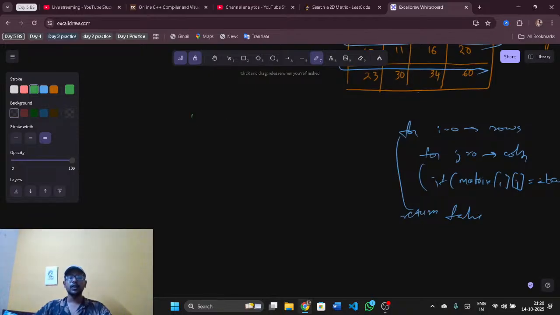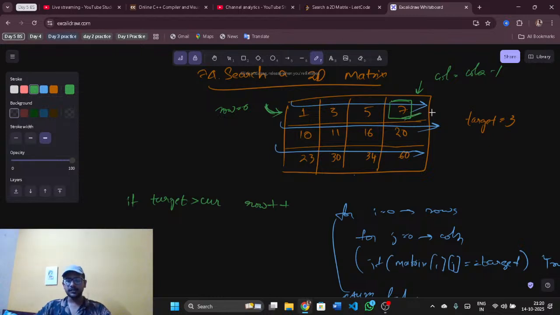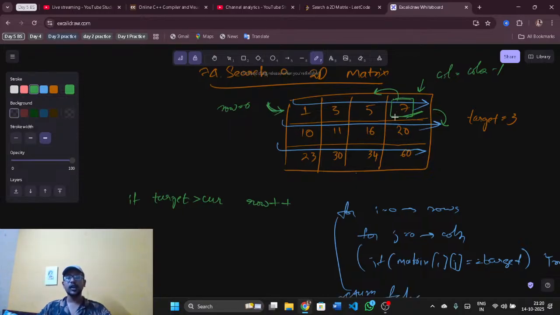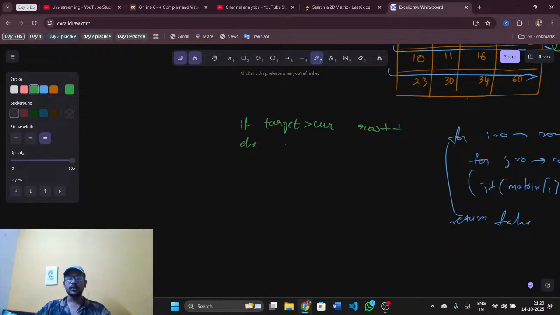Let me tell you, if target is greater than current, then we need to increment the row, right? After this, I will get the next element which is greater than that element. Now if I want an element which is lesser than that, I need to go to the previous column, column minus minus, right? So while row is lesser than rows and column is greater than minus 1,